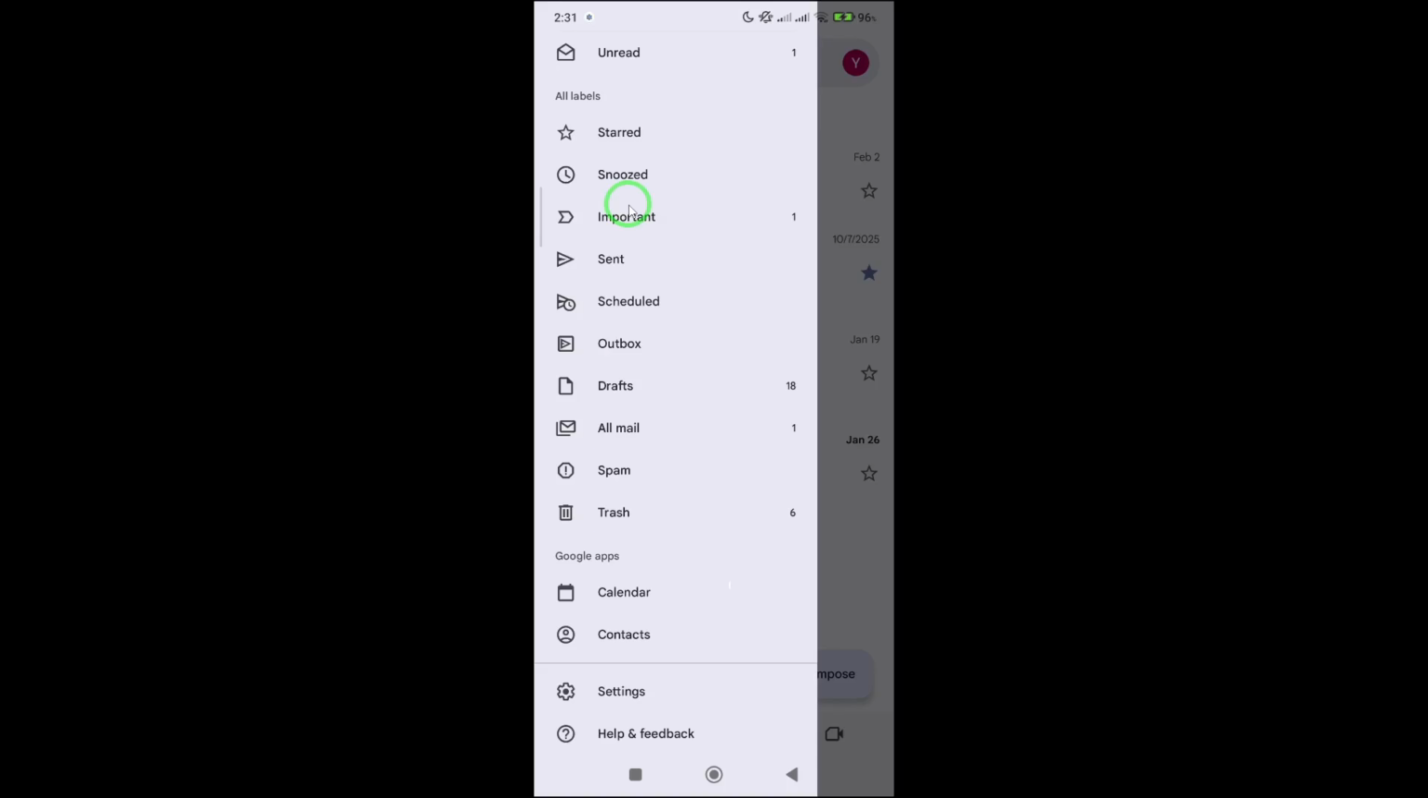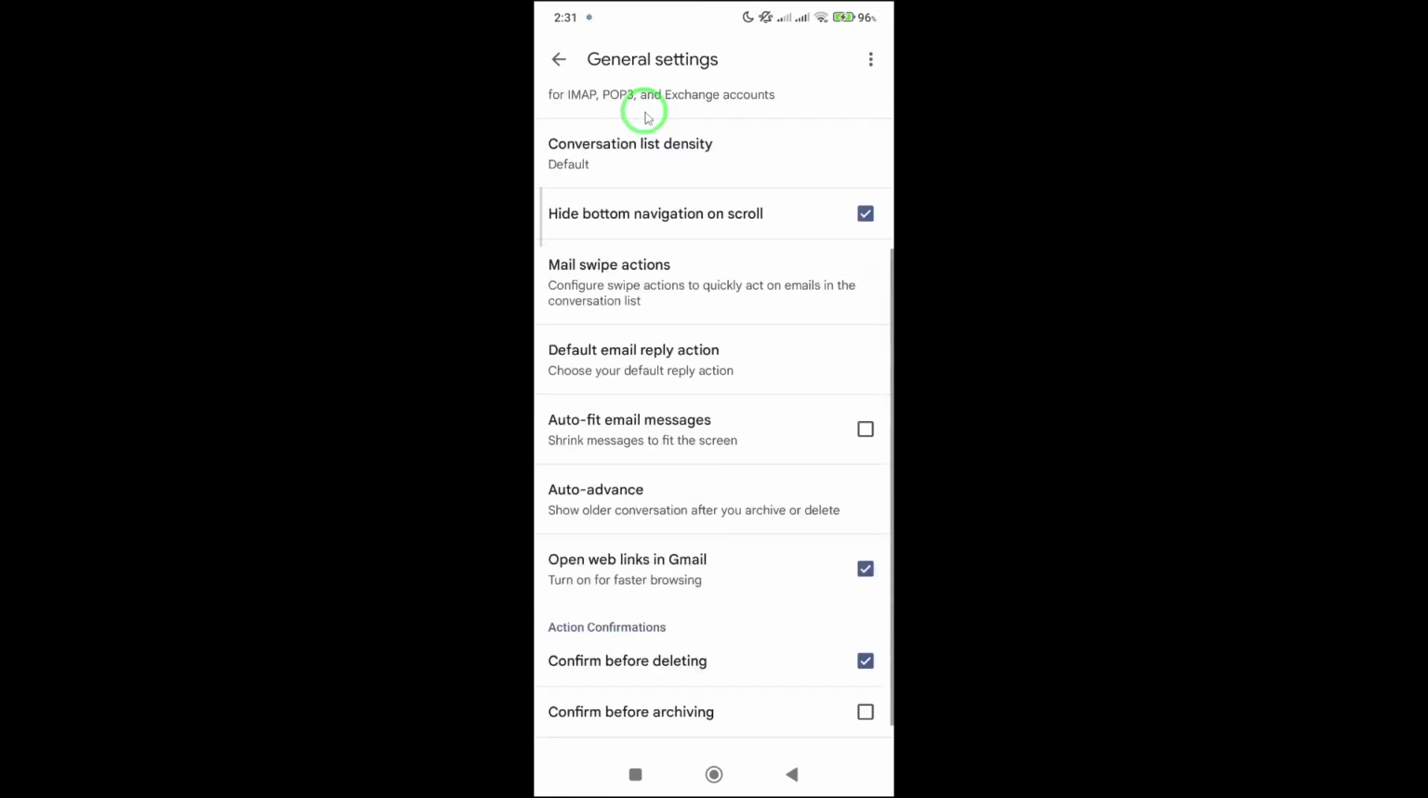Next, scroll all the way down until you see the option labeled Settings and tap on it. This will take you to the area where you can adjust how Gmail behaves across different accounts. If you have multiple email accounts added to your Gmail app, you might see them listed here. To continue, select the account you want to change or just choose General Settings if you want this to apply across the entire app. Once you're inside the General Settings section, scroll down slowly until you find the option labeled